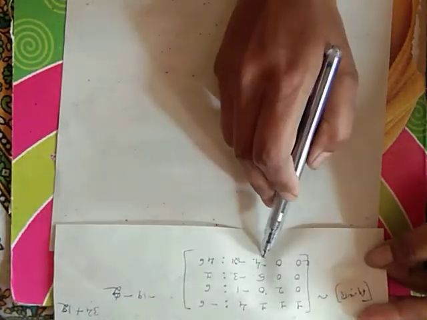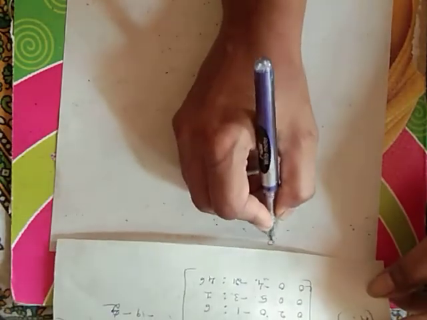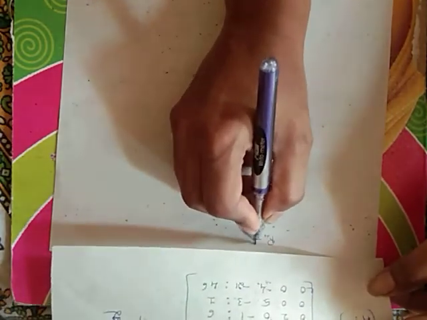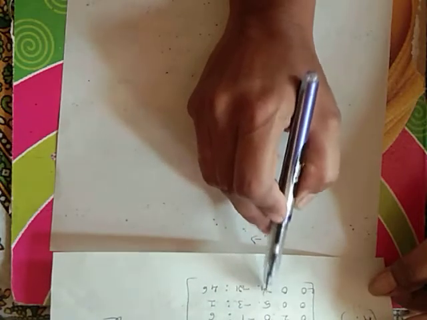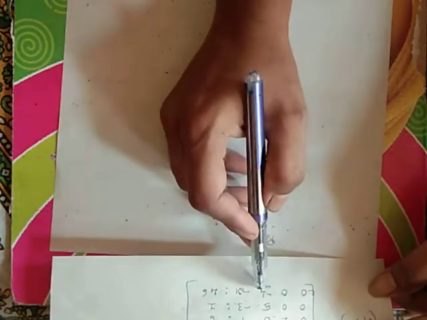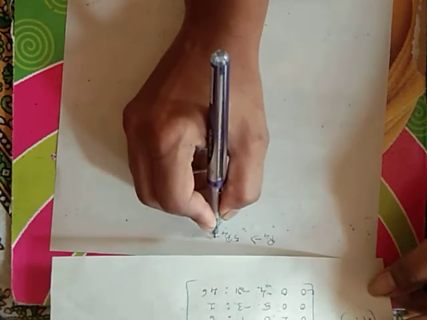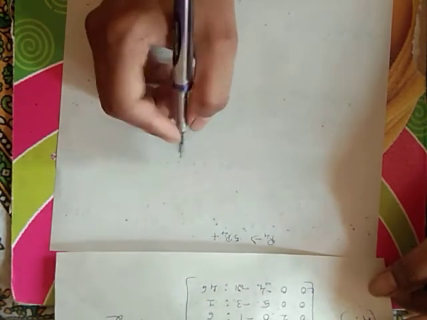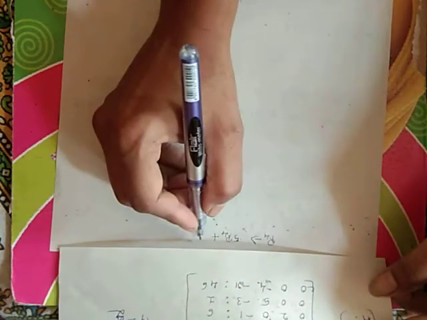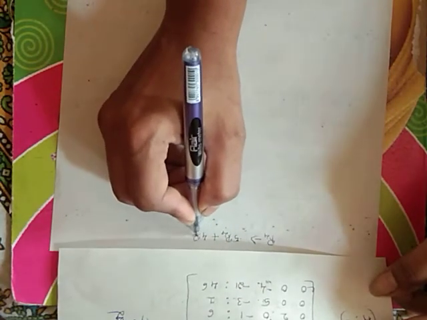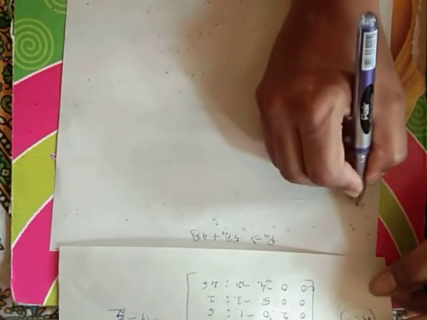So to make this element 0, here it is R4. R4 tends to, here it is 4, here it is 5. So take a cross multiplication of these two elements. Multiply this row by 5. 5 into R4, both have opposite sign, so take an addition. Here it is 5 into R4 plus 4 into R3. So now your matrix becomes,